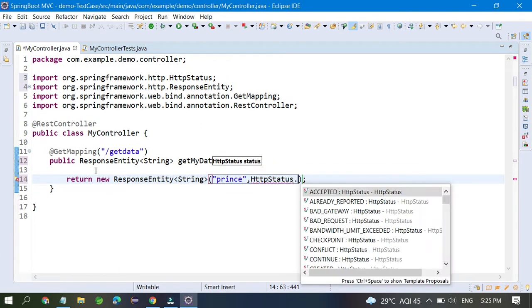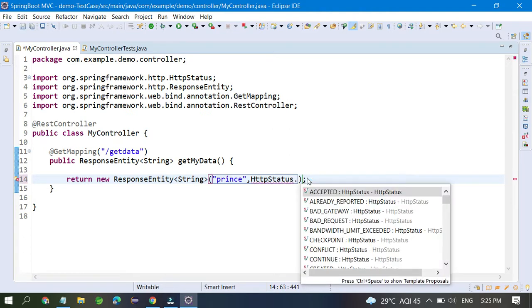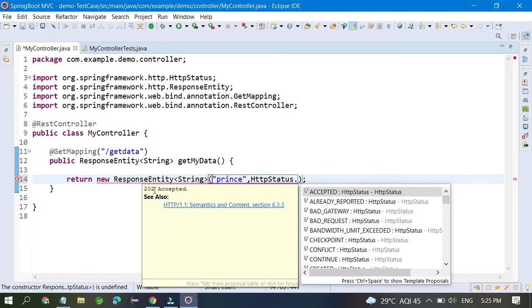In some cases, sometimes you have to return invalid data, sometimes you have to return internal server error, because sometimes you have to write here so many things, checkout point, insufficient space. This is the error you have to return. So every error has a different code, 202, 203, 404, 505, bad gateway 502. So these are the things you have to mention. But in this case you have to return okay.